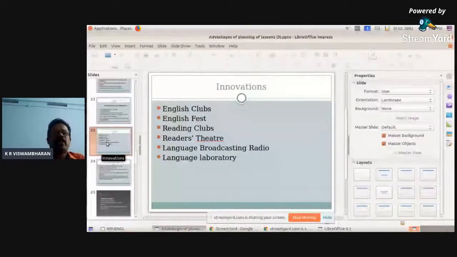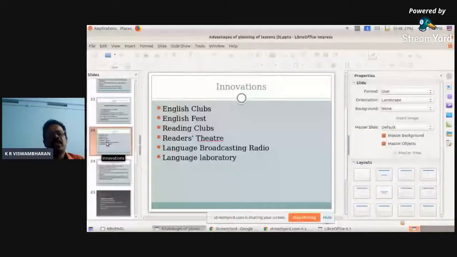And we know that today in our schools, every activity is shared with the general public. And of course, society has a craze for English education, and they are very interested in the performance of students in English. They believe that it is the sign of excellence of a school. So English Fest and English clubs are innovative practices that can attract a lot of parents, a lot of general public to the school. And of course, our schools in the general stream should think about conducting English Fest as a regular practice.